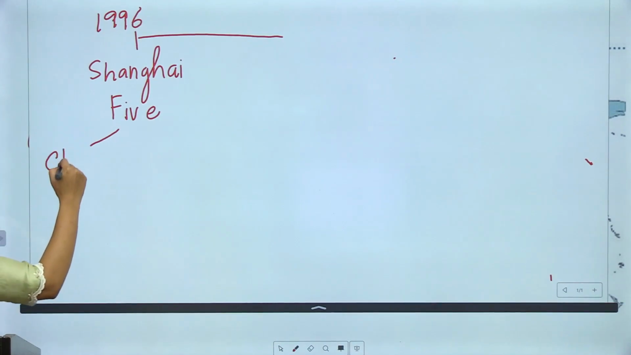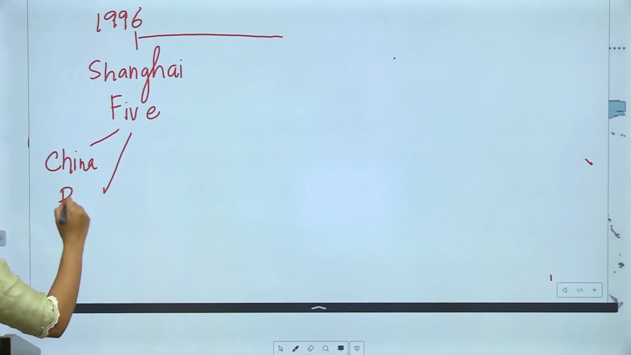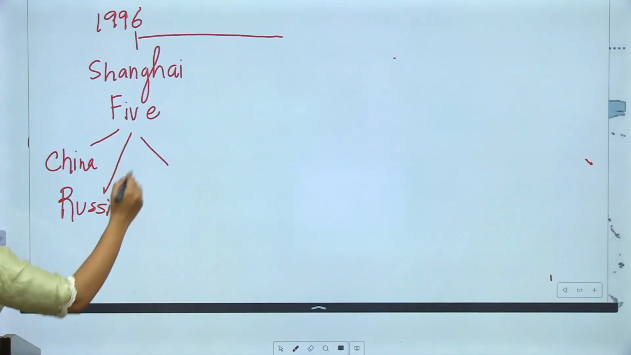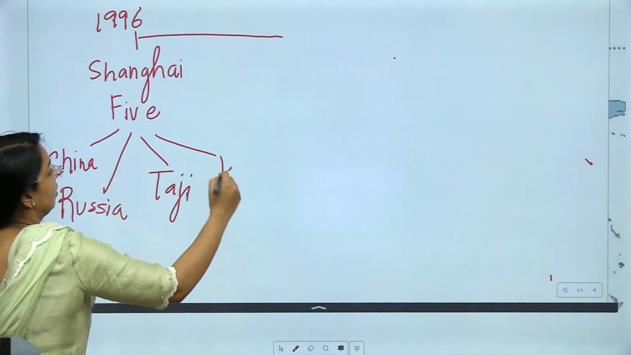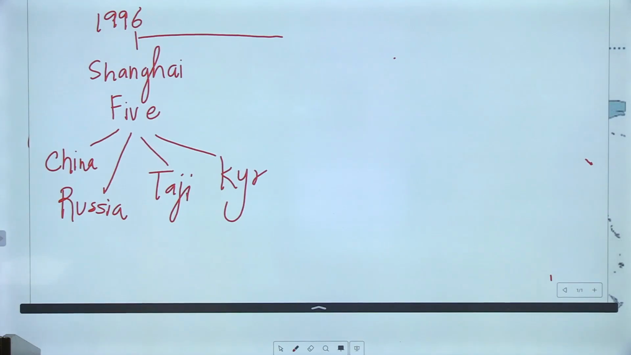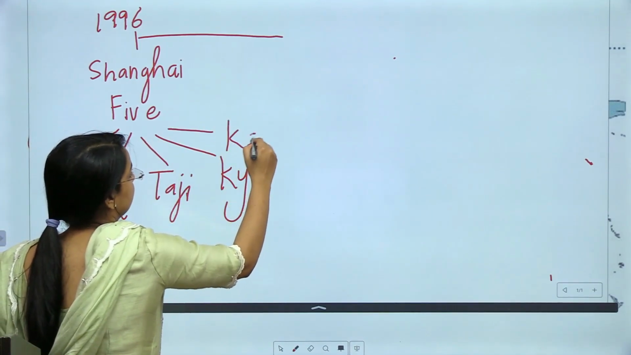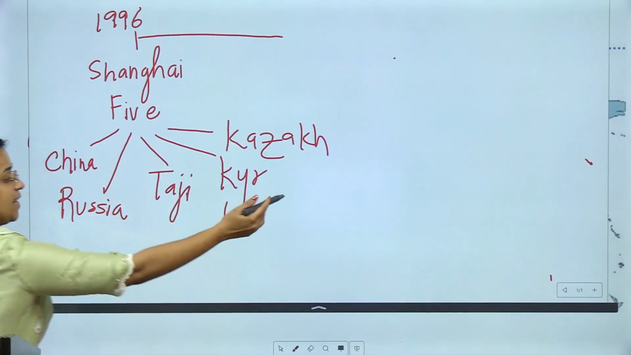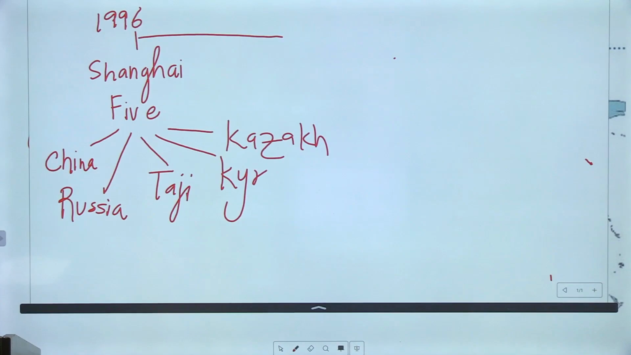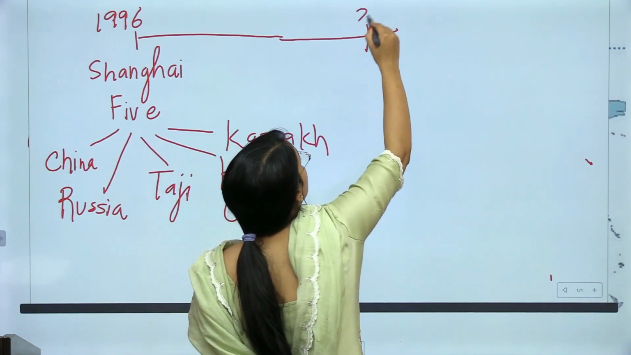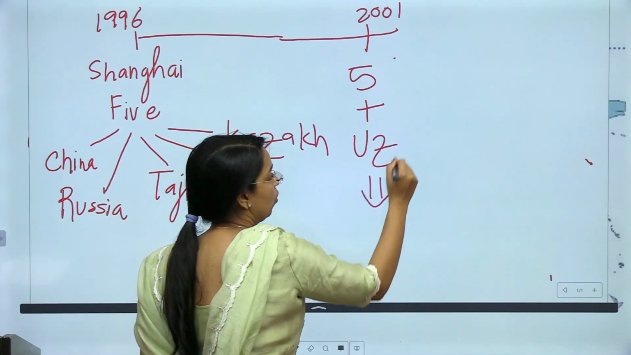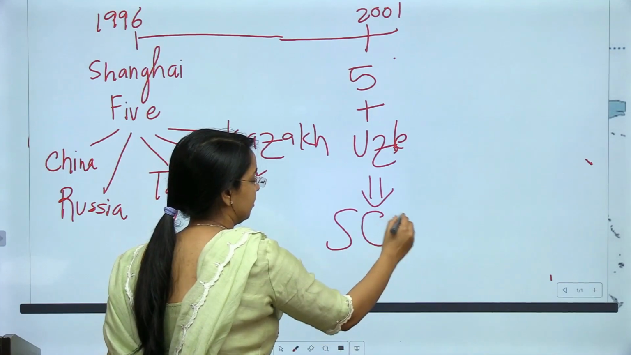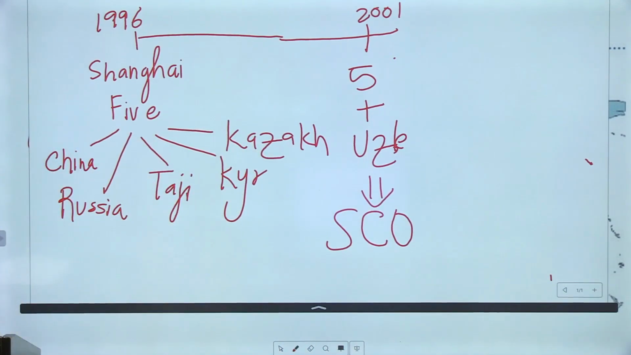grouping, which included China, obviously, as the headquarters is in Beijing, Russia, Tajikistan, Kyrgyzstan and Kazakhstan, mainly Central Asian countries. It constituted these 5 countries, and gradually, in 2001, the Shanghai 5 added Uzbekistan also, and converted themselves into the Shanghai Cooperation Organization,